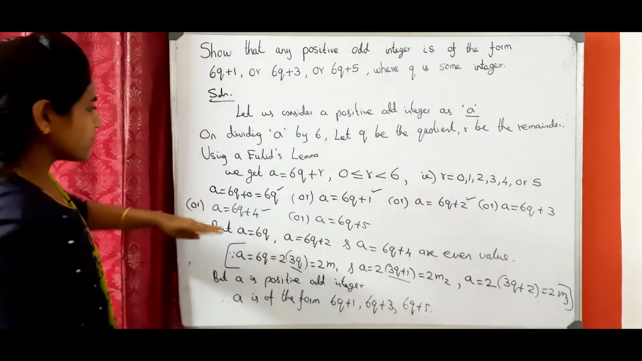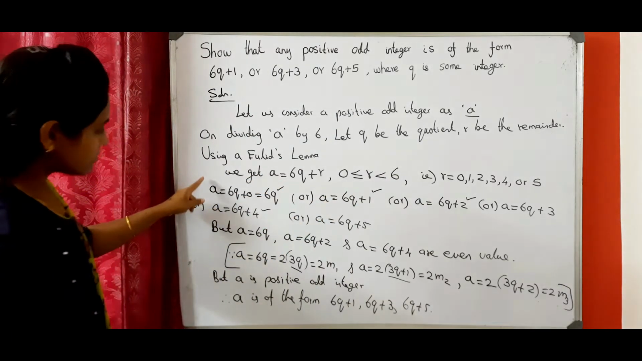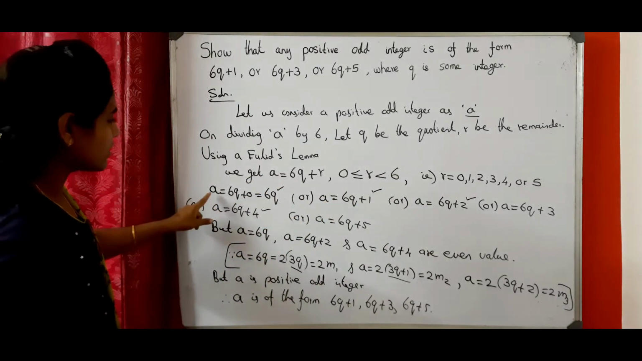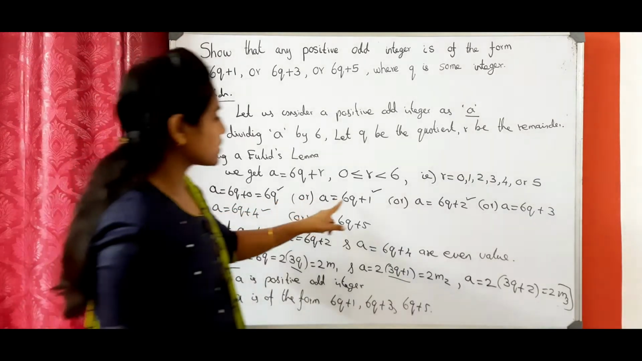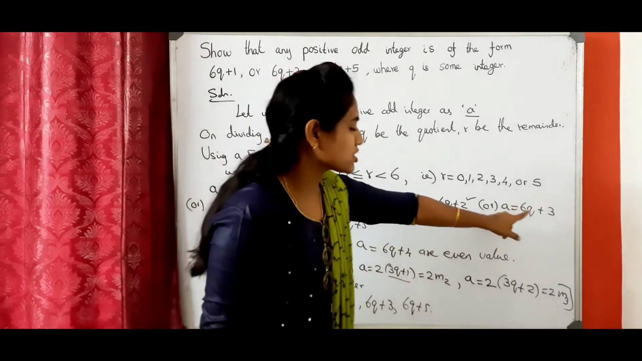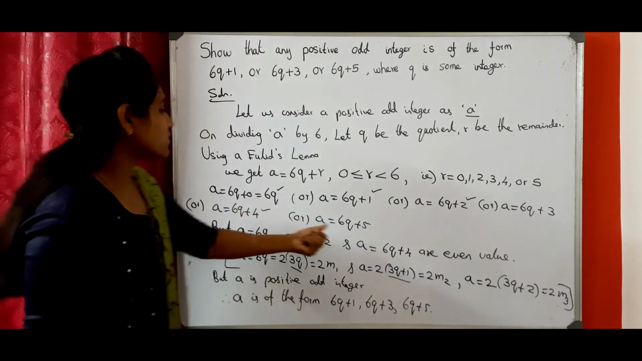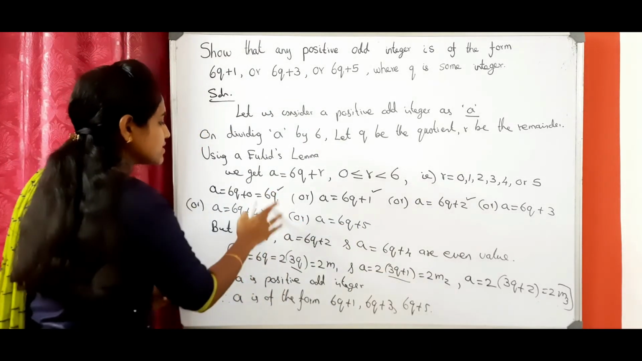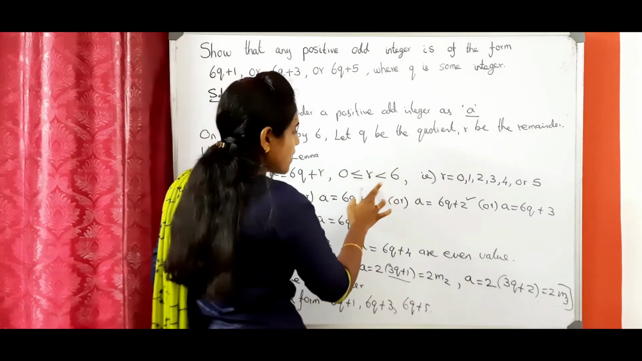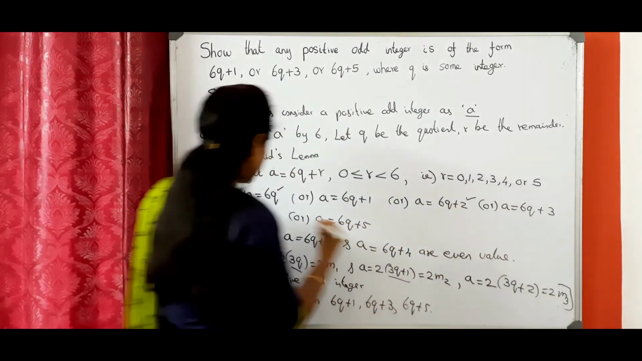Apply the R value here. Then we will get the A value. A equal to 6Q, or A equal to 6Q plus 1, 6Q plus 2, 6Q plus 3, 6Q plus 4 and 6Q plus 5. Here, 6Q, 6Q plus 2 and 6Q plus 4